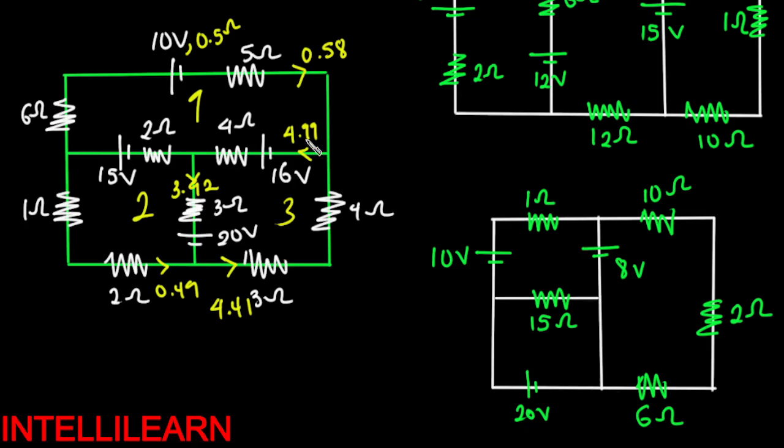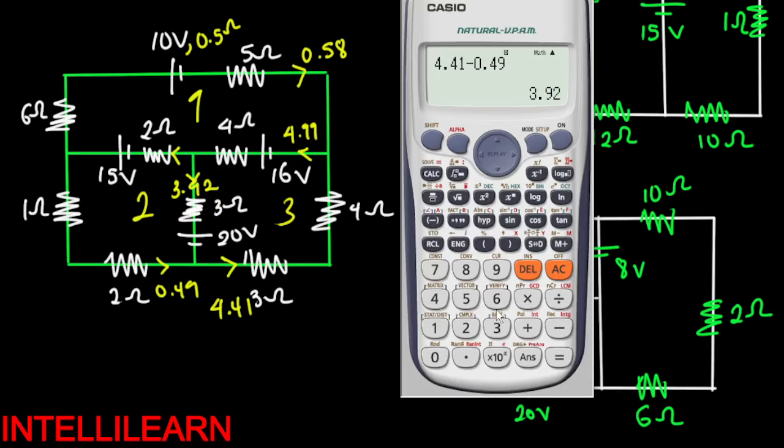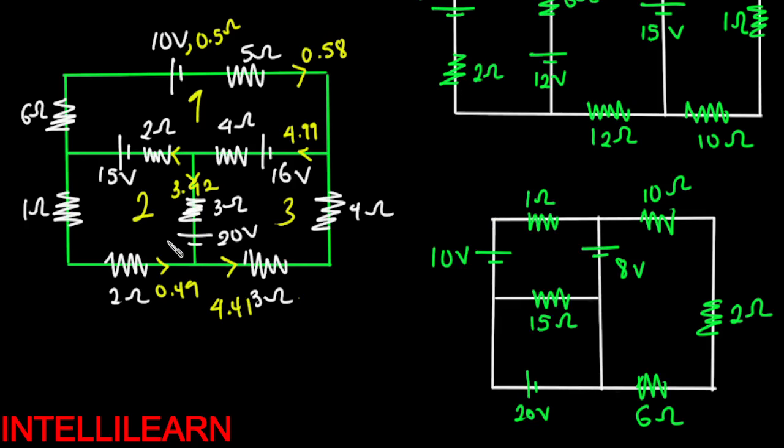Now look at this. Coming into this junction, I have 4.99. Going out of this junction, I have 3.92. So that means there must be more coming out, because the one coming in is more than what is coming out. So there must be another additional one that will come out. And that will be 4.99 minus 3.92. That's 1.07. That means the current in this branch is